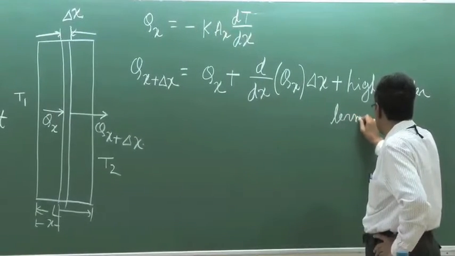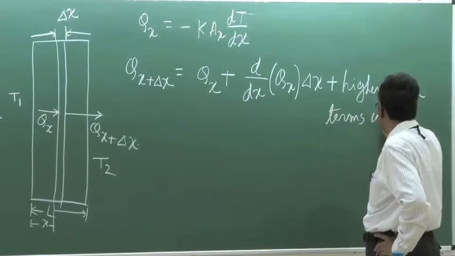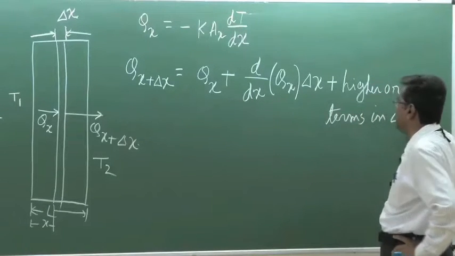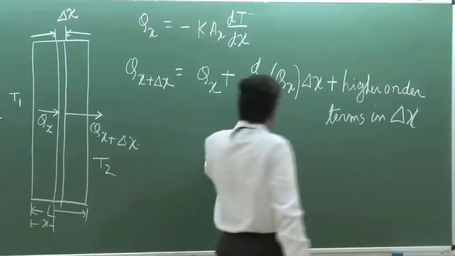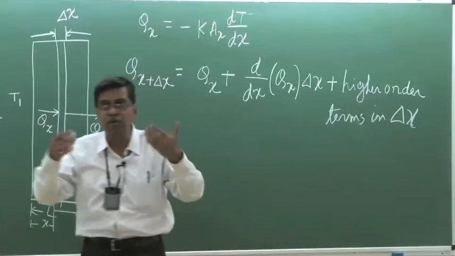That means the next term will be the double derivative times delta x squared by 2, as you know, plus